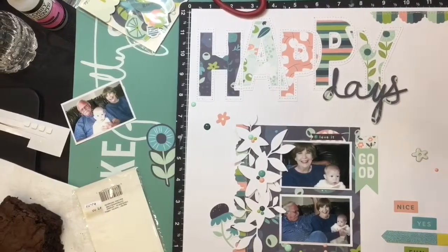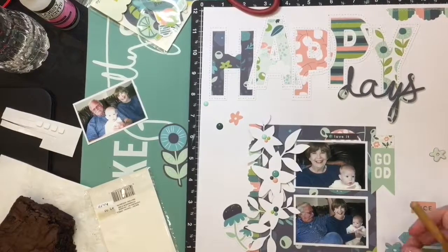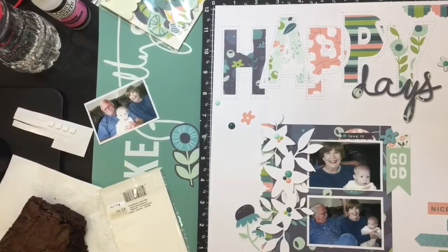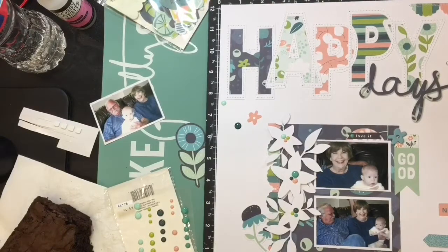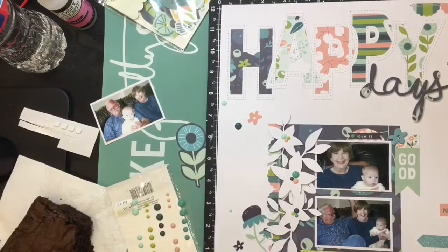So what I'm doing here is I'm placing some chipboard stickers and some ephemera and some of those enamel dots around the layout. I love that chipboard flower right there, and I put an enamel dot right on the top of it in the middle too, just like I did on that leafy floral. I'm adhering those little arrows and ephemera over there on the right hand side. I think it'll really balance that layout because it just seemed like there was a little bit too much white space right down there. And those little ephemera pieces have some really good phrases on them